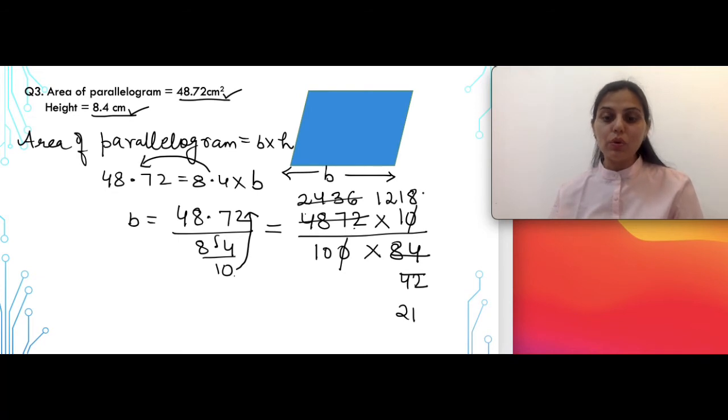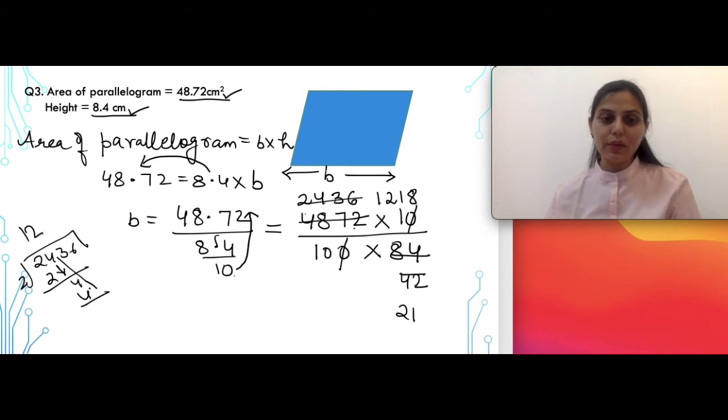And 2 609s are 1218. If you don't know how to multiply or how to divide the terms mentally, please divide it in rough. 2 4 3 6. If you divide by 2, then clearly 2 1s are 2, 4 will come down, 2 2s are 4. Then in the next step 3 will come down, 2 1s are 2 again. On subtracting you'll get 1 here, and this 6 will come down, so 2 8s are 16. This is how we got 1218.